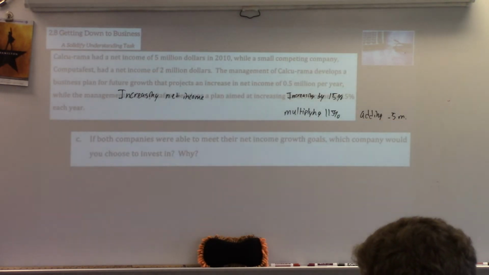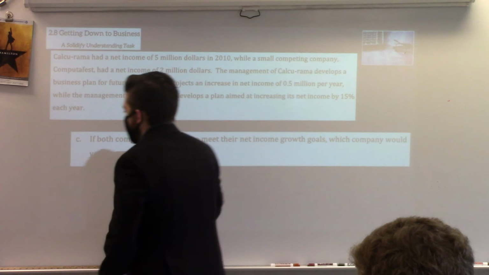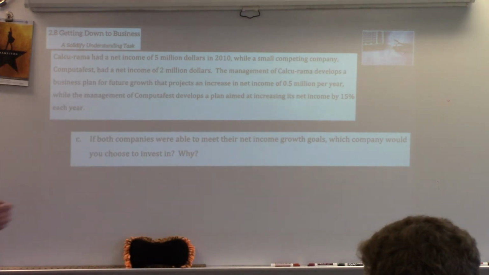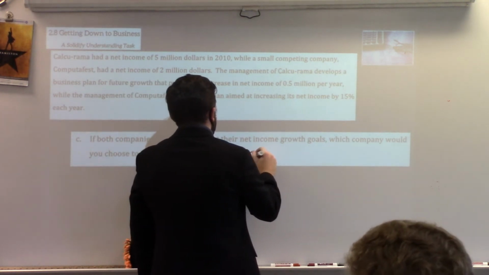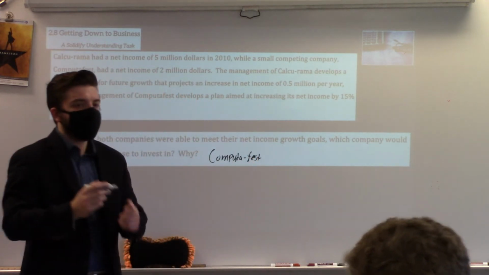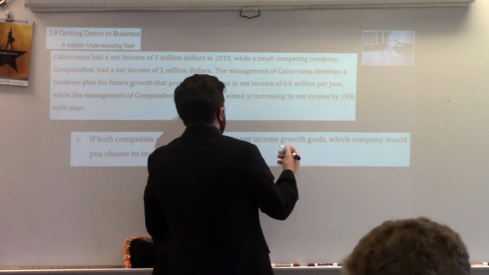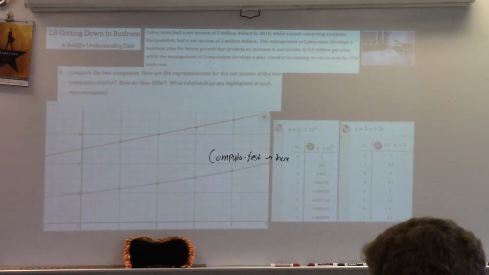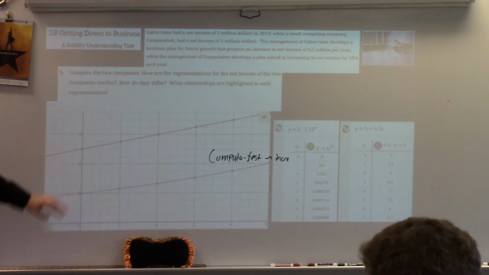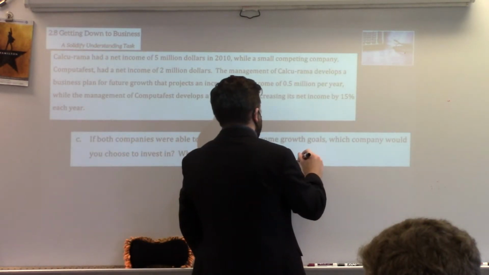So while looking at that, what did we think? Because I know I saw some differences on this. Which one did we say we should invest in, and why? Computer Fest. Why Computer Fest? Because they grow by 15% yearly, and as that number gets bigger, it's still 15%. It's just going to get you money. So we have that multiplicative rate of change of 15% each year, right? But on this graph, I see that the other company makes more money. That's short term. So at first, that might be better, but over time,